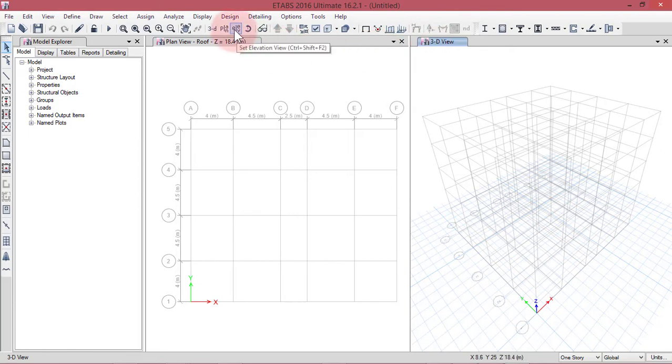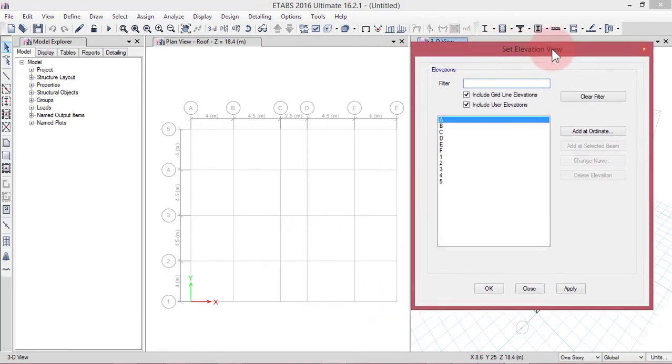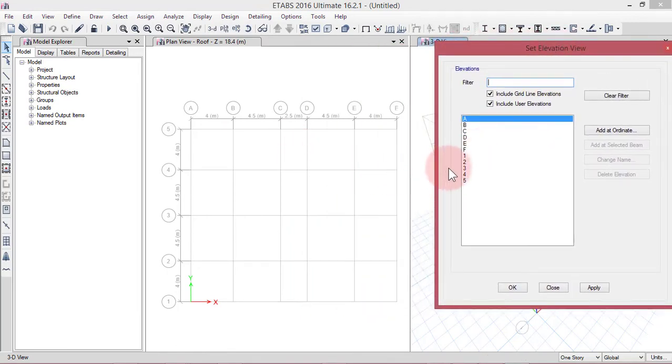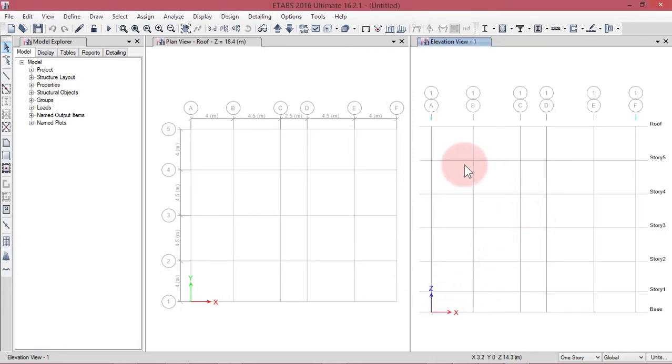Go to this elevation, and then you select along which grid lines you want to make your 2D elevations. Suppose you choose grid line one, this one, you can select one and apply. Now you click OK, so you can see the elevation of your building.